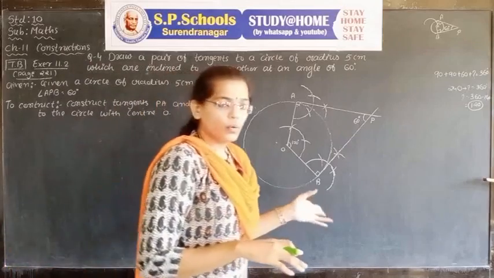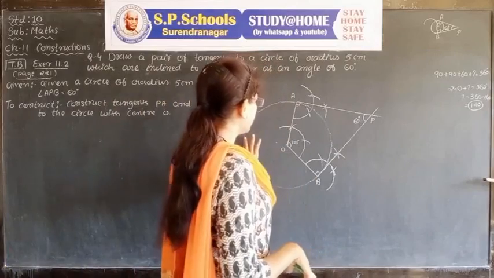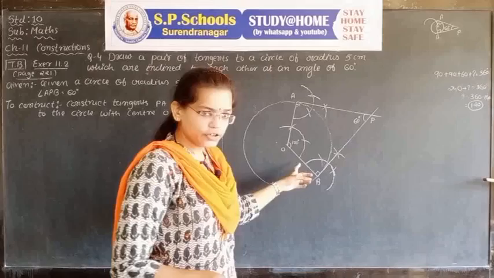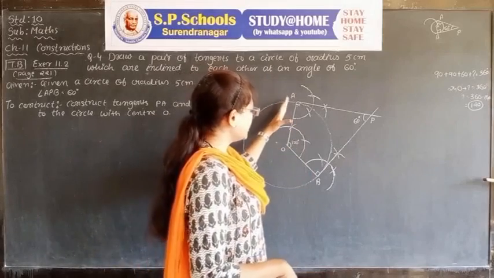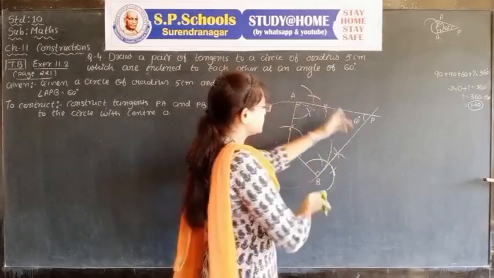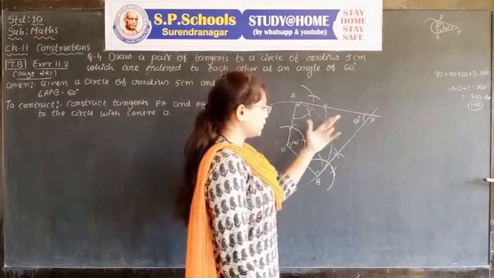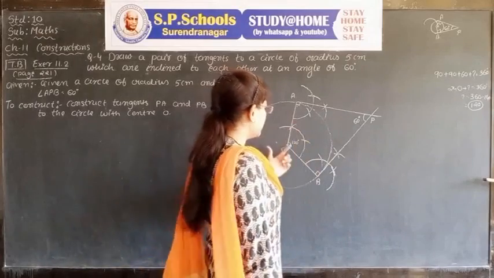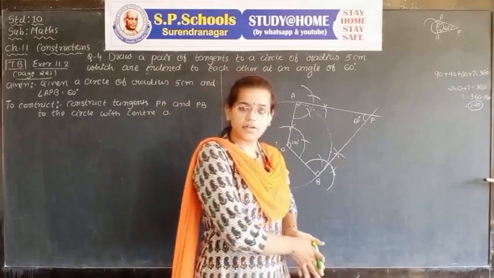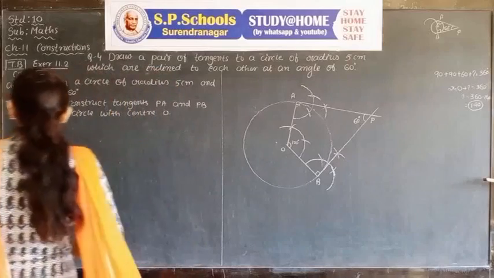Here, what happened? First of all, draw a circle of radius 5 cm. Then take one radius, with an angle of 120 degrees. Draw another radius and draw two perpendicular lines to the radii intersecting each other at an angle of 60 degrees. Using the angle sum property in the quadrilateral, we get 90 plus 120 plus 90 plus 60 is equal to 360. Hence our construction is also justified here. Now we discuss the steps of construction.